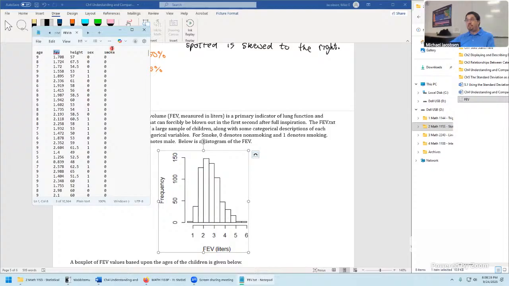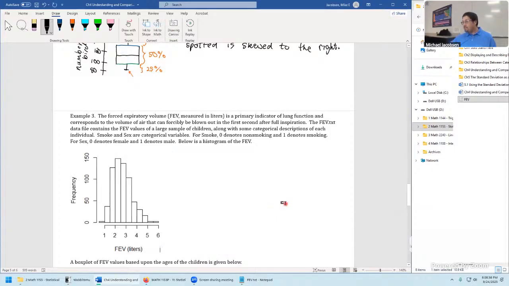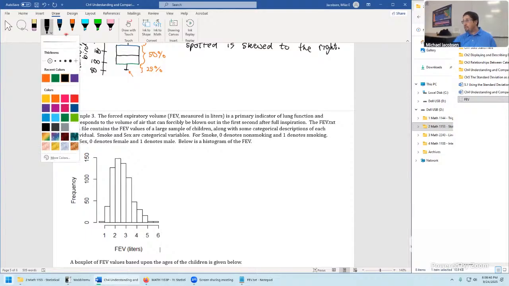I mean, smoking was definitely a big part of this. That's possibly why they're looking into lung strength in the first place. We're also ignoring the age data, the height data, and the sex data. But still, the histogram is informative, but it has its limitations, right?